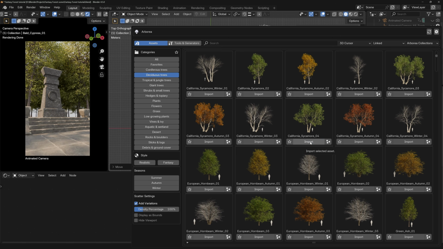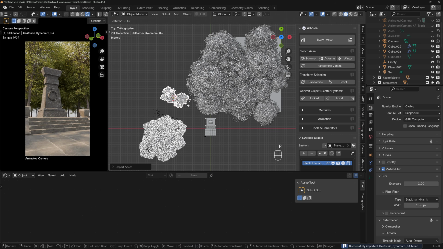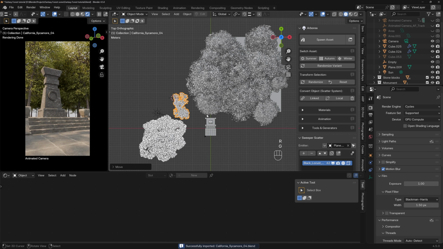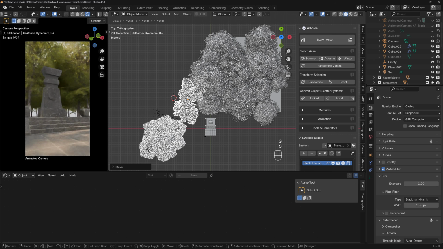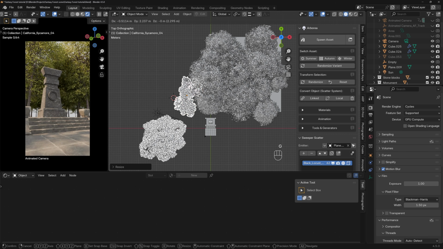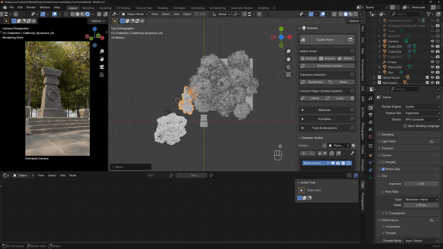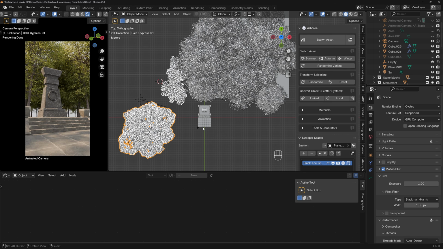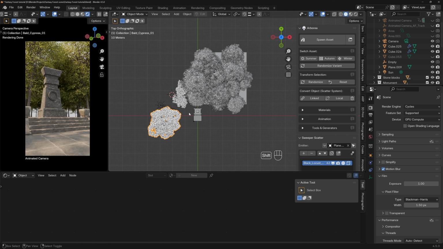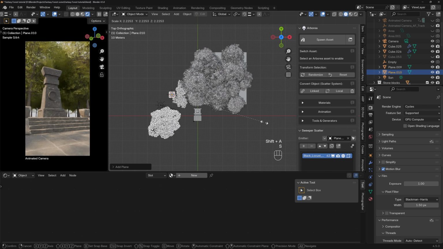Maybe this one. I like this one. All right, and with this one, I will just place it somewhere here, but I don't want to block the light of the monument too much. I also want this one to, by the way, I need a ground here, so let's make a big plane